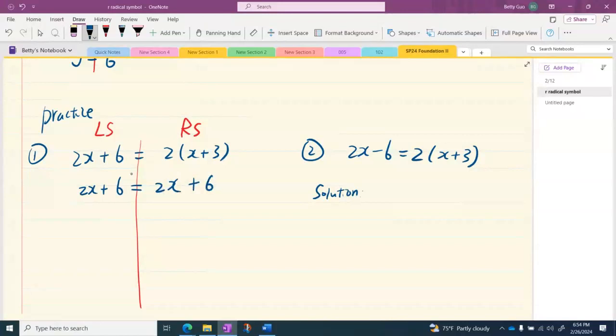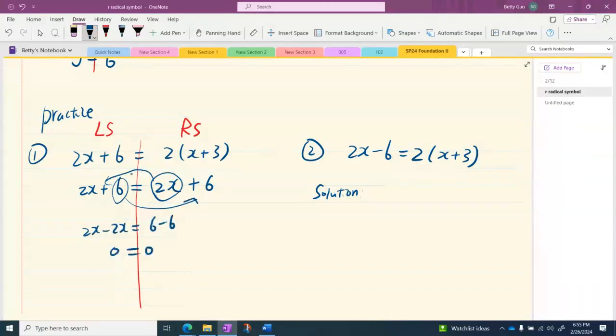Okay. And what happened right now, guys? 2x plus 6 equals 2x plus 6. Well, if we collect like terms and bring this over and bring this over, we would have 2x minus 2x equals 6 minus 6, and we end up with 0 equals 0. You know what? This equation is special. This equation is an identity. If the equation is an identity, the equation has